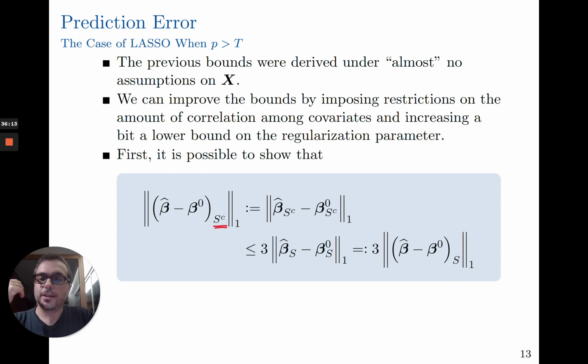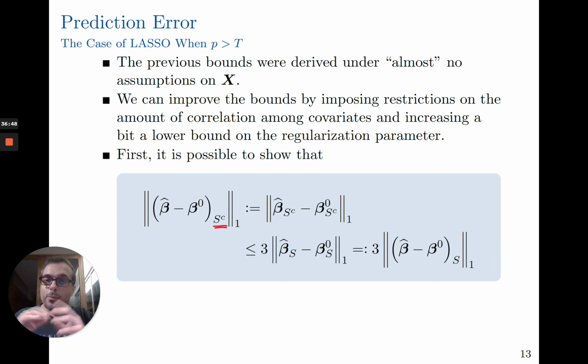So this induces a cone, because this is a relation between the betas. So we know that the lasso solution lies in that region. So as it lies in that region, we don't care about the cost function outside that region. We just care about the cost function within that region. So we want to impose curvature